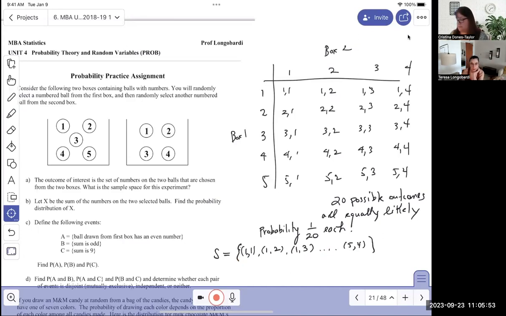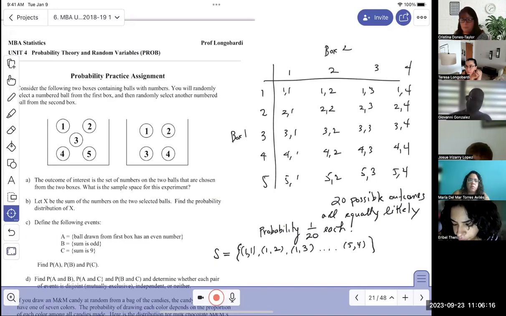Okay, how many people got that or knew what to do? Professor, does it matter if I put box 1 on the side or at the top, and does the order matter? I mean, I will get the same results, but I don't know if